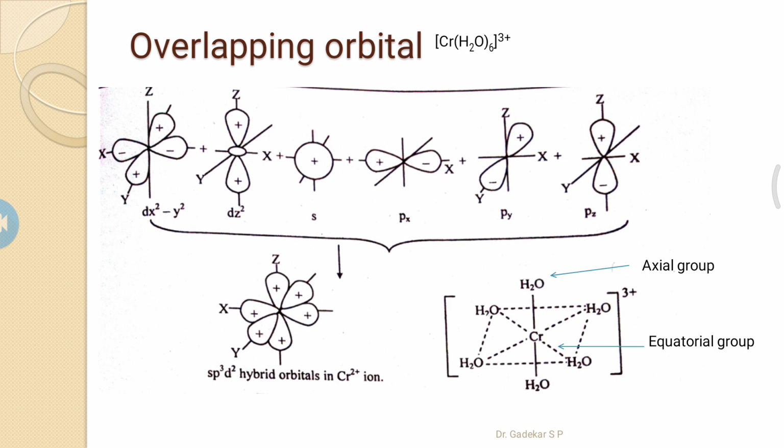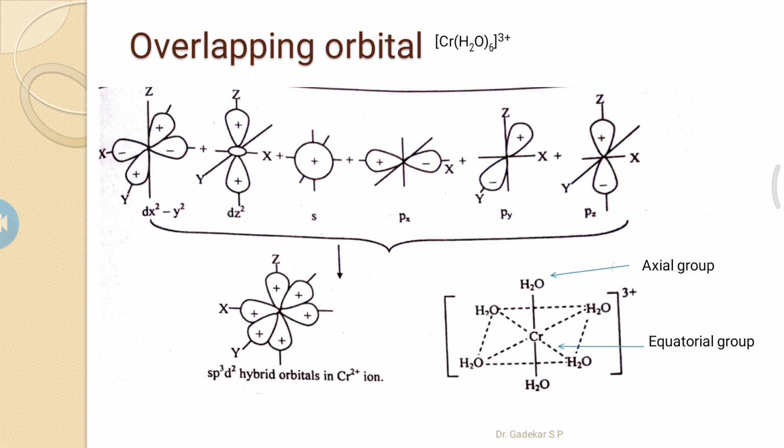First the dx square y square orbitals are involved, then dz square plus s, then px, py and pz. These 6 orbitals mix to form sp3d2 hybrid orbitals in the chromium 2 plus ion, and then